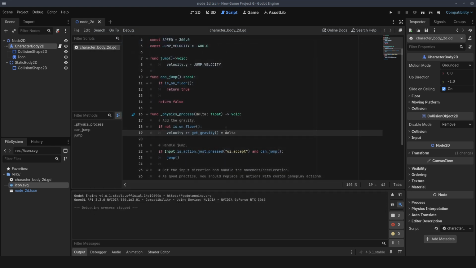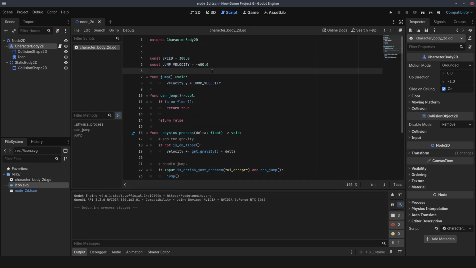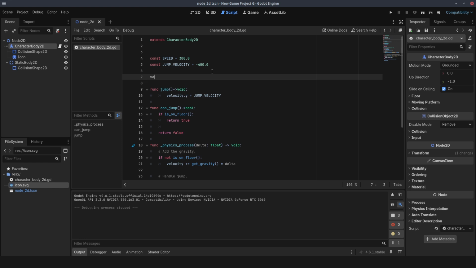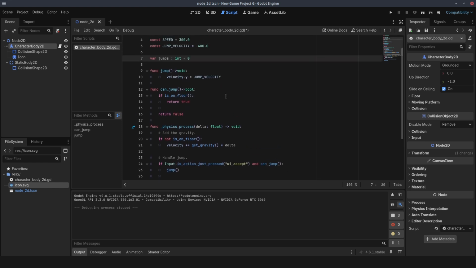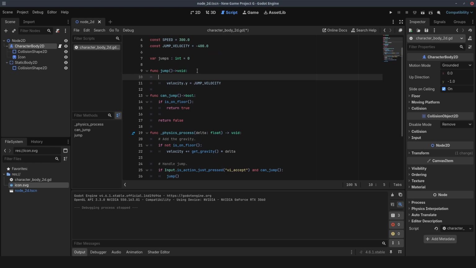Now let's add a double jump. We're gonna need a counter. Let's call it jumps. Let's make it an integer. Start it at 0. Every time we jump, we add 1. And every time we land on the floor,